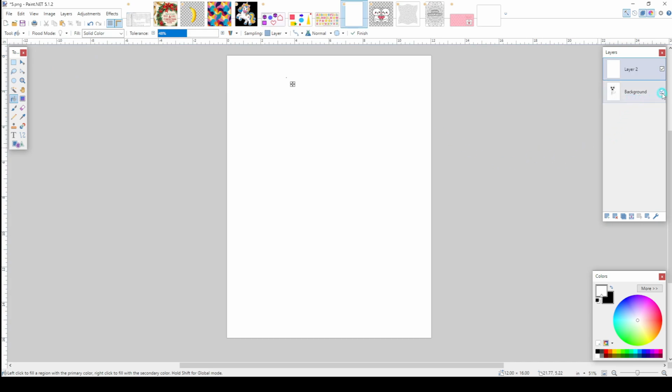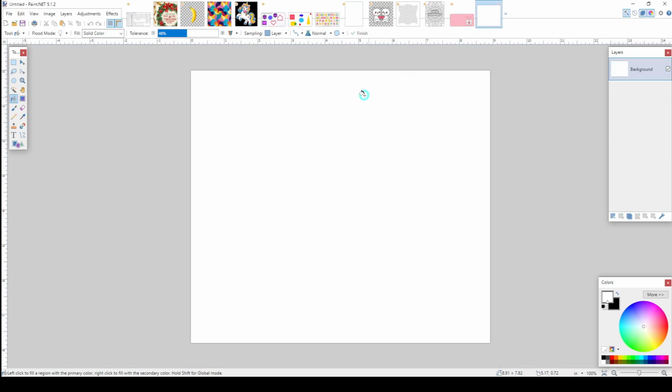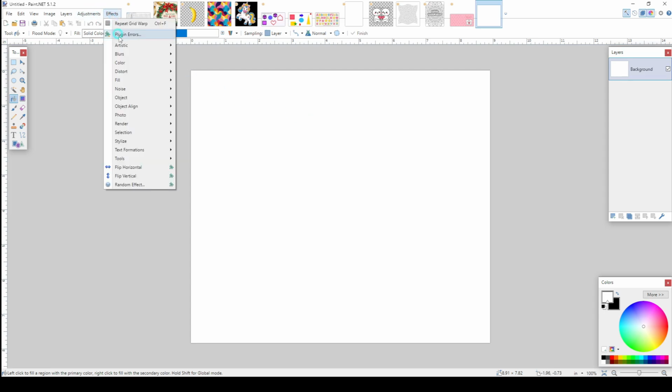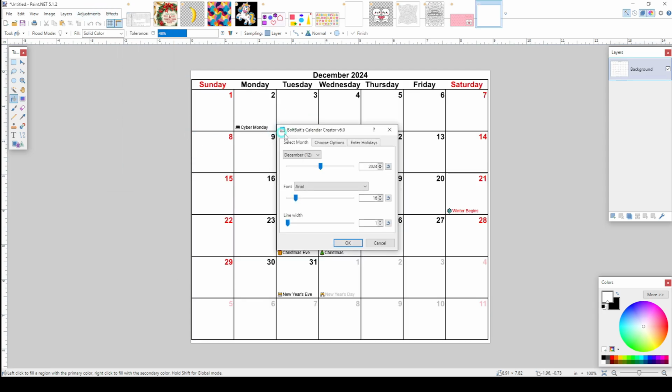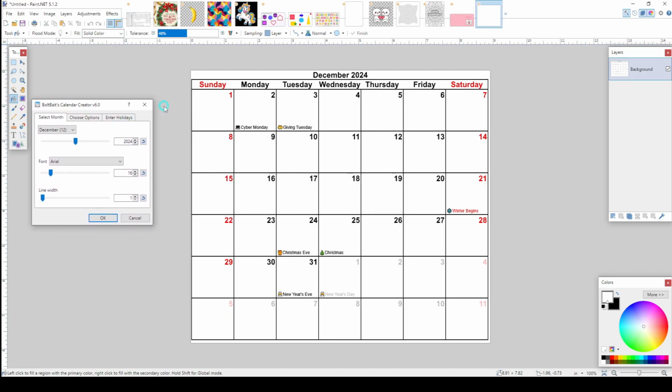And this, I'm going to cancel this one. So I have one vertical and I have one longitudinal. Let's go to effects, let's go to render, and let's click on calendar. You see, you have calendar automatically in the background. You can control the font size, you can control the line width. You can set the month. Let's go with January. You can set the year,